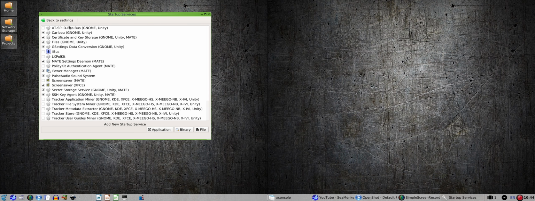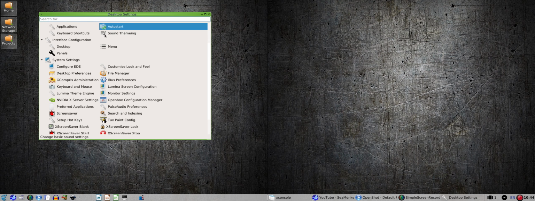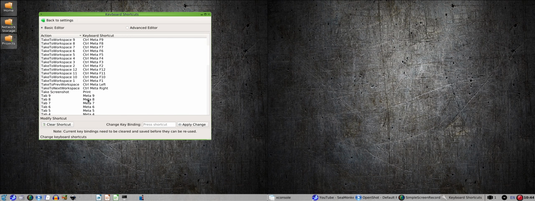Yeah, Caribou, interesting. Ooh, Pulse, no. Ugh, no. So unfortunately, it draws in Pulse Audio. I don't like Pulse Audio. Right. Keyboard shortcuts are obviously what they are,